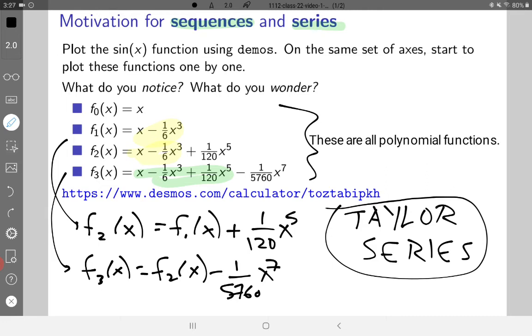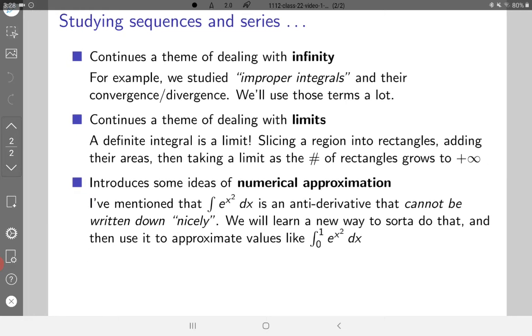Why those? And why are they adding up to the sine function? Could I do this for other functions like e to the x or natural log or the square root function? We're going to answer all of these questions as we move on. So really quickly now, I'm just going to mention that this also fits into the major themes of calculus in